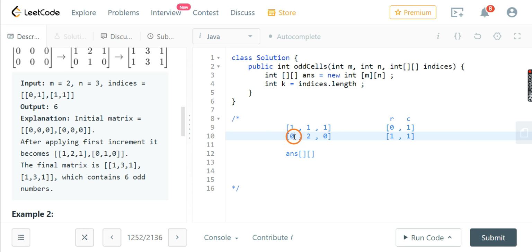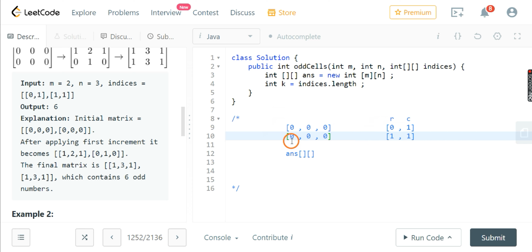Let's increment everything. This becomes 1, and this also becomes 1. Now sorry, this becomes 2. Wait.